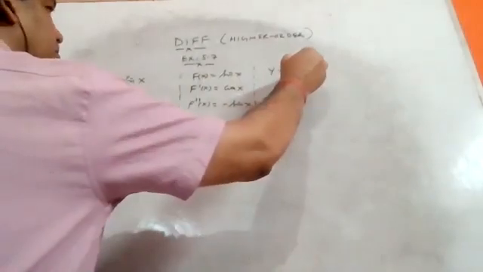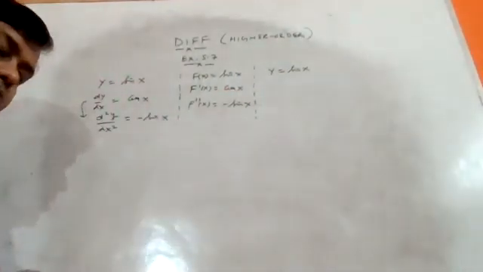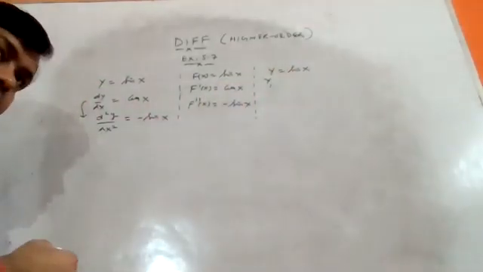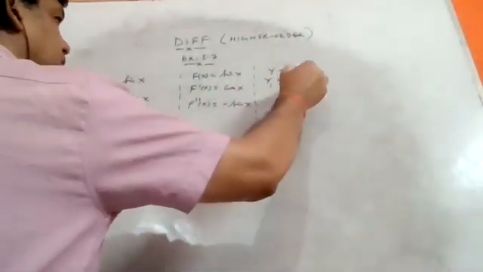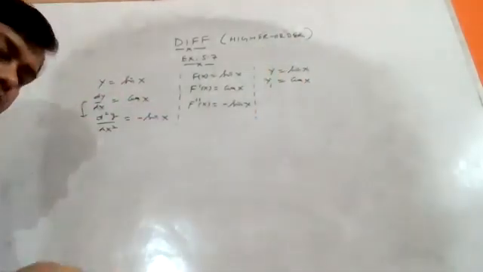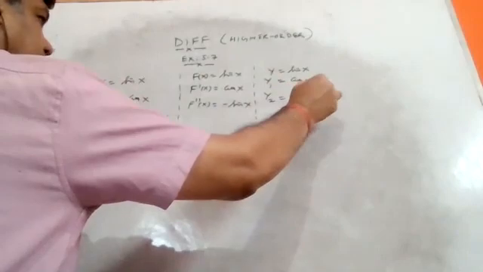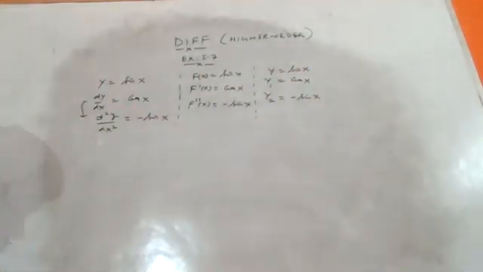In this way, if the question is y is equal to sin x, first derivative we can write y1. Y1 refers to first derivative, that is dy upon dx. So sin x is what? Cos x. And the second order y2, cos x is what? Minus sin x. So these are the different formats in the second order derivative.